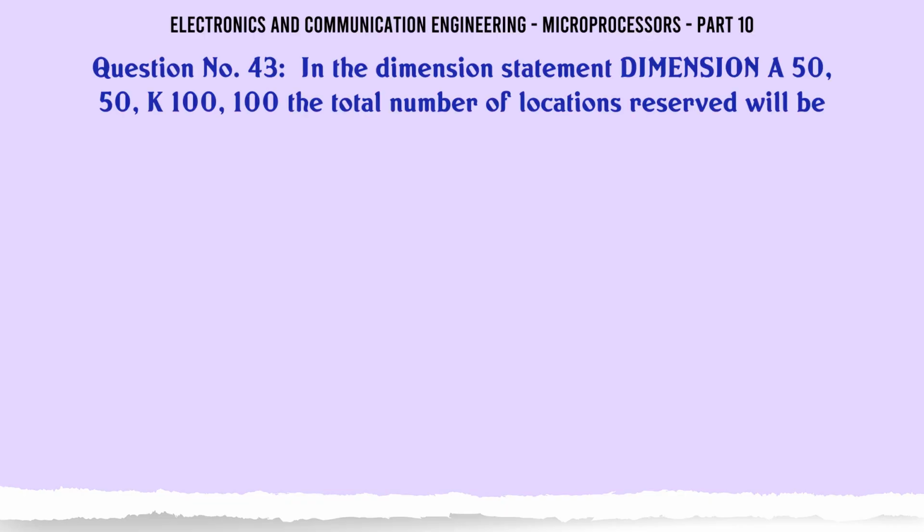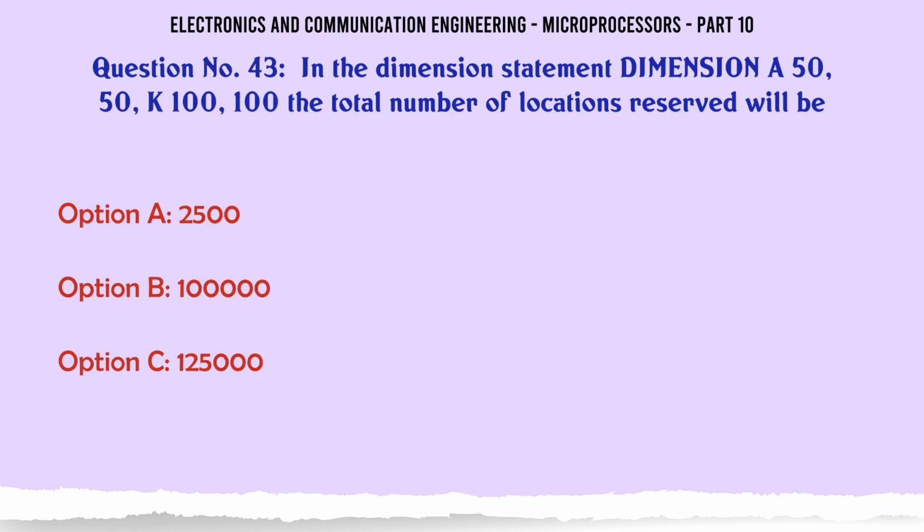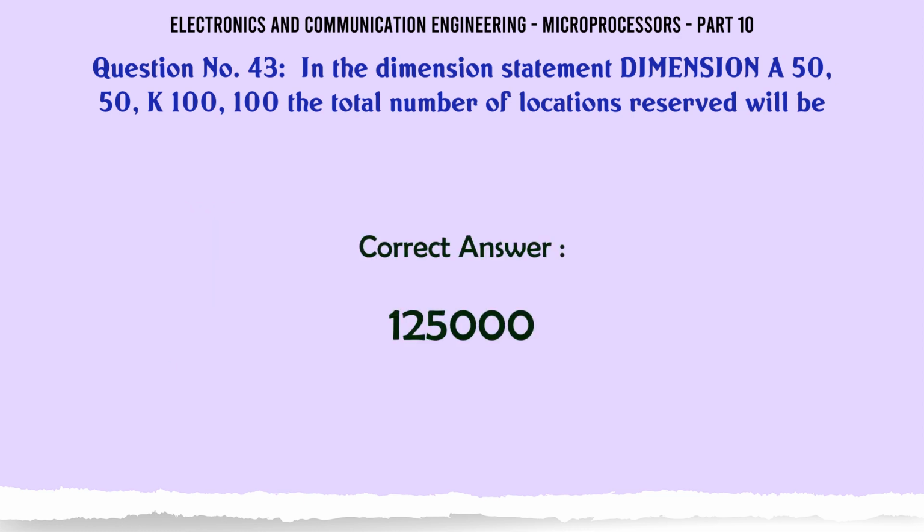In the dimension statement dimension A5050 K100100, the total number of locations reserved will be A. 2500. B. 1 lakh. C. 1,25,000. D. 2,50,000. The correct answer is